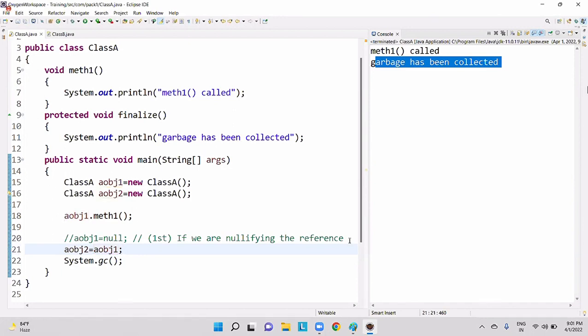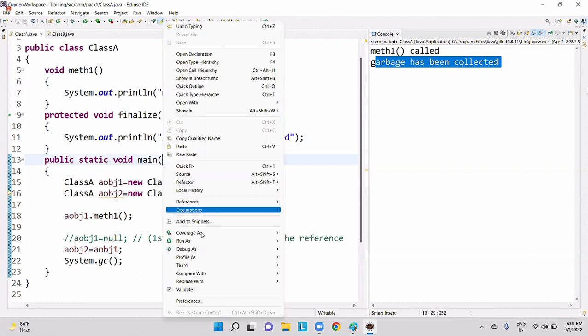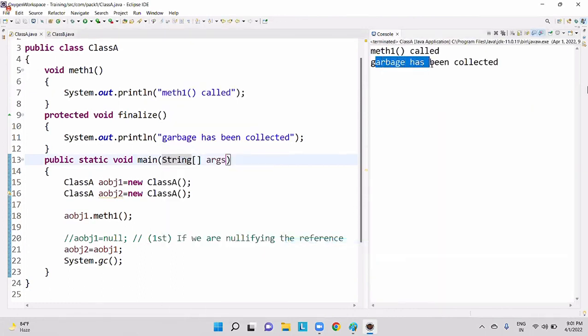Assign your reference to another reference. Are you understanding me, guys? Now, please check this. Right click, run as Java application. Again, garbage has been collected. Why? Because right now, AOBJ1 and AOBJ2 both are pointing towards the second object.